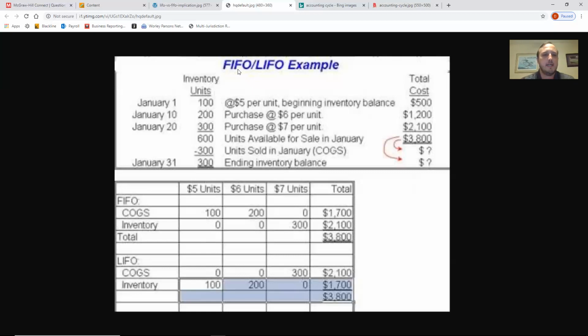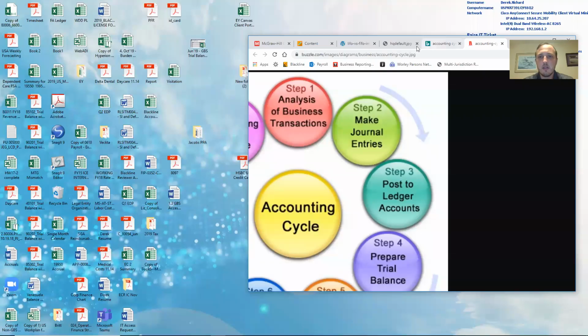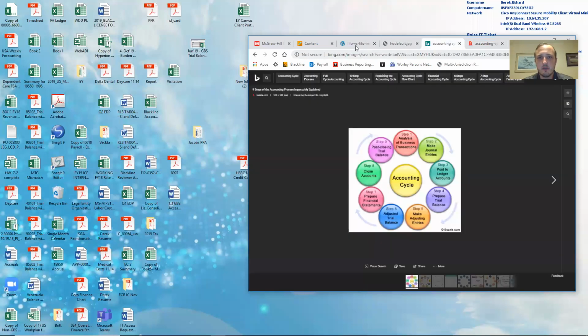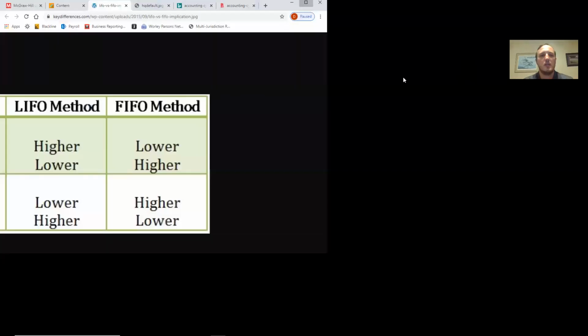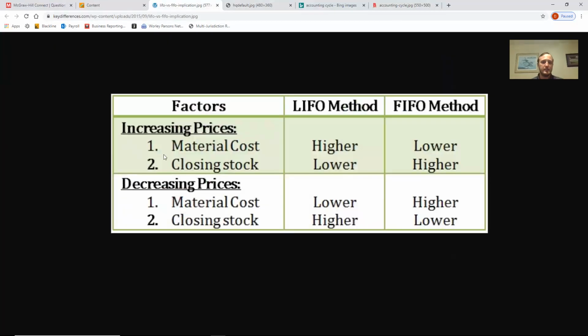If every single package of hot dogs was purchased for the same price, you would have no impact. But that's never the case. So we have two different methods here, and two different situations where either the price is going to increase or the price is going to decrease. And if the price increases, under each method, the cost is going to be higher or lower versus the